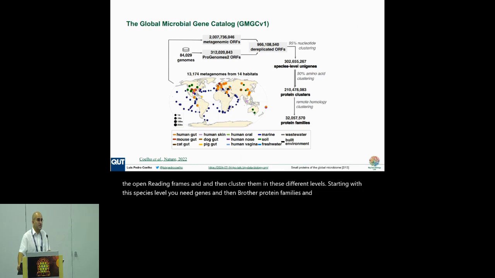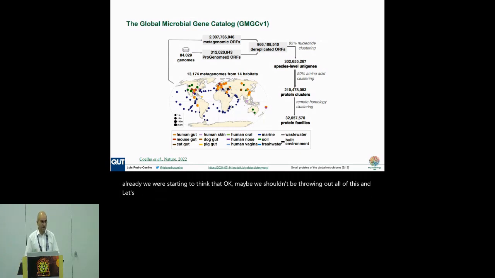And so this was what I was presenting in 2019, but probably something I didn't mention, although it was in the paper, but it's a very small sentence in the methods, is that the small open reading frames, we just ignore them, or we filter them out either right at the beginning or throughout the analysis. But back then already we were starting to think that, okay, maybe we shouldn't be throwing out all of this. And so I started to think, let's go back to these data or to this approach and look at these small